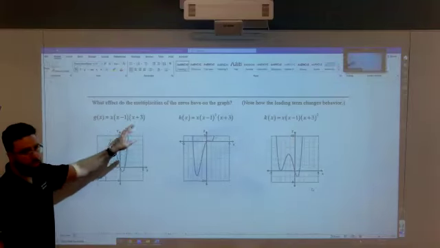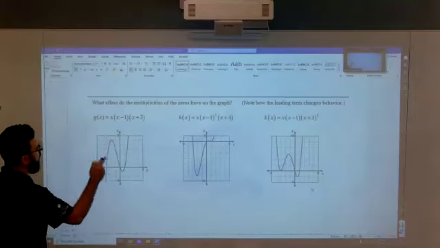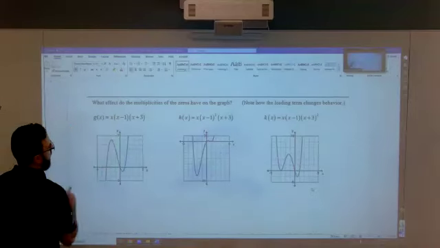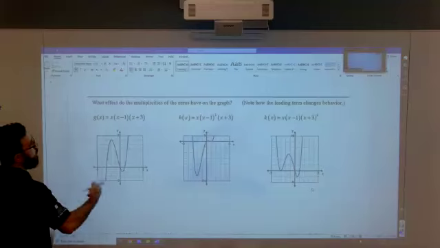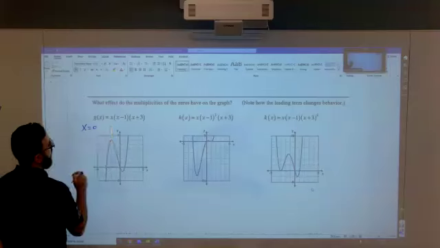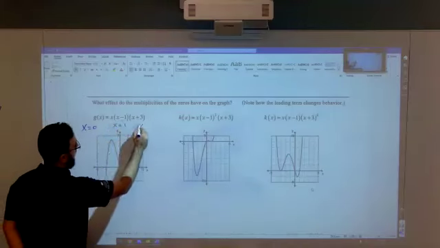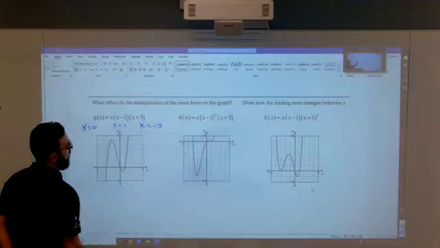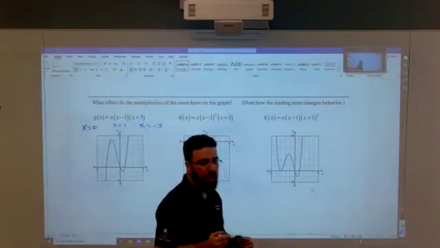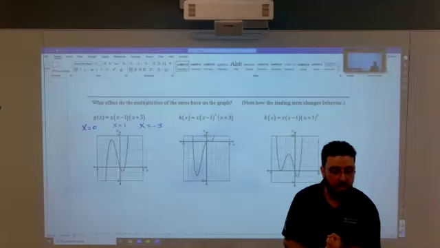How many zeros do we have? We have 3 zeros. Let's check that. Tell me the first zero here. X equals 0. The second one, x plus 1 gives x equals negative 1, and here, x minus 3 gives x equals 3. Again, what I told you is the same thing, the solutions, the zeros, and